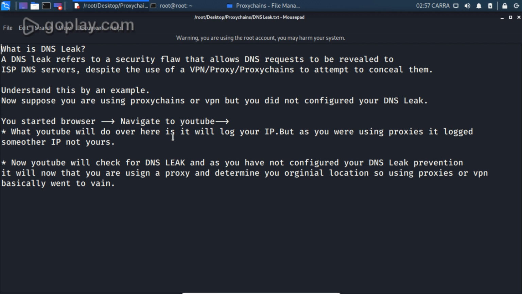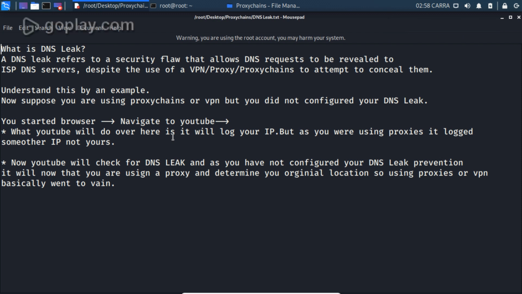Let us understand this by an example. Suppose you are using a VPN or proxy chain, but you have not configured your DNS leak protection, and you browse to YouTube. When you are on the YouTube screen, YouTube will log your IP and the location from where you are using it.